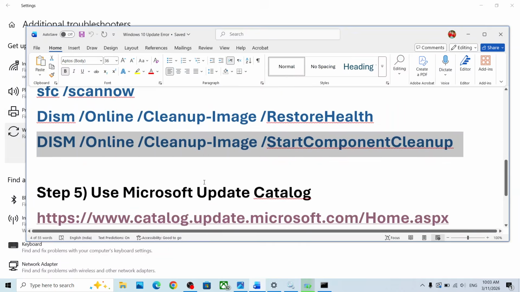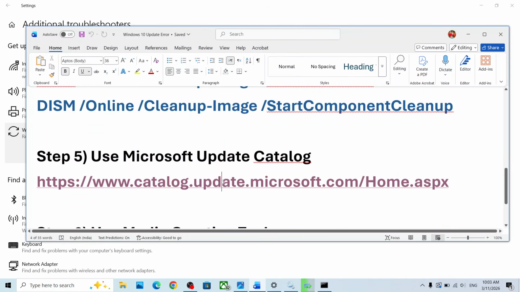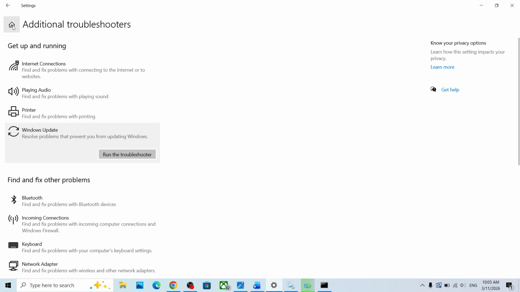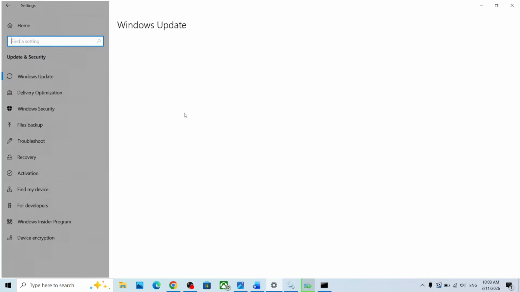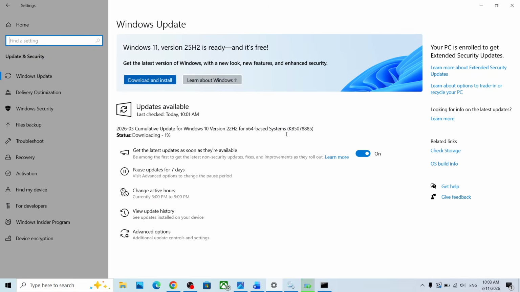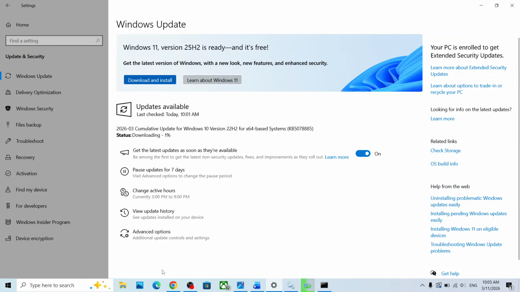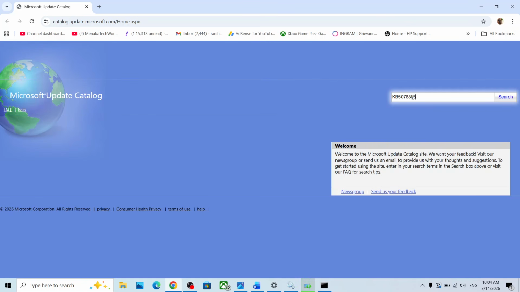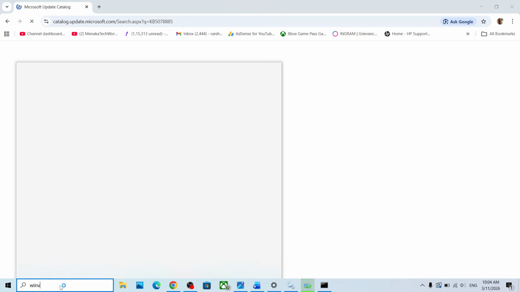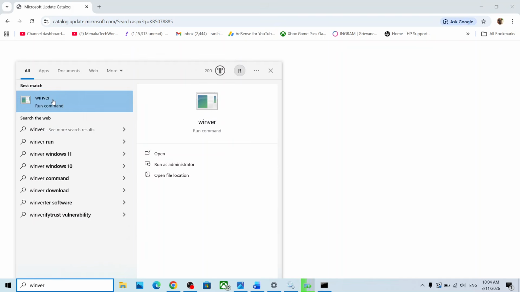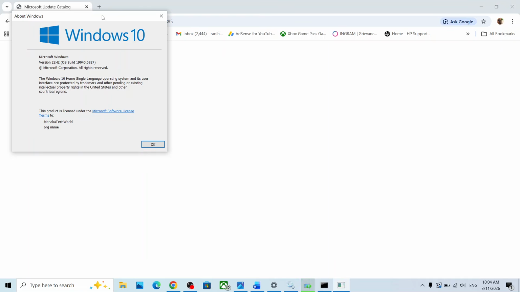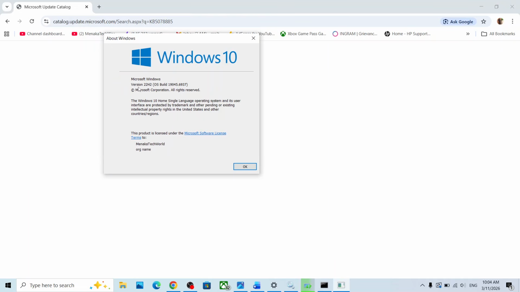Still not working. The next step is to use Microsoft Update Catalog. You can open this link in a browser. It will take you to Microsoft website. Over here you can write down the name of the update, that is KB5078885. So you can just type in the name of the update, then click on search. Now check your Windows version, so type in WINVER in Windows search box and then click on WinVer run command, and over here check your version. In my case the version is version 22H2,